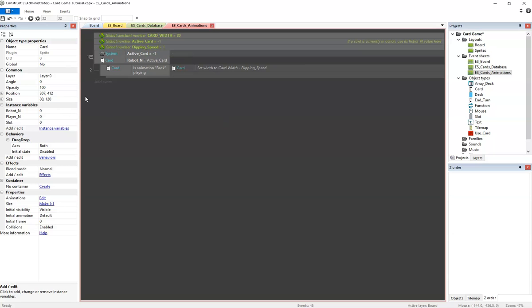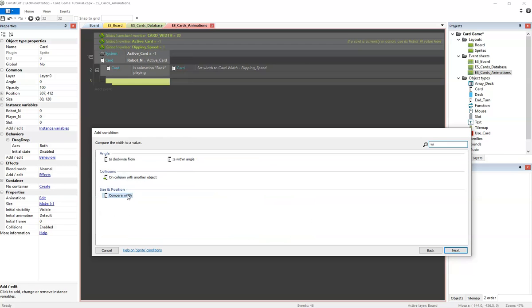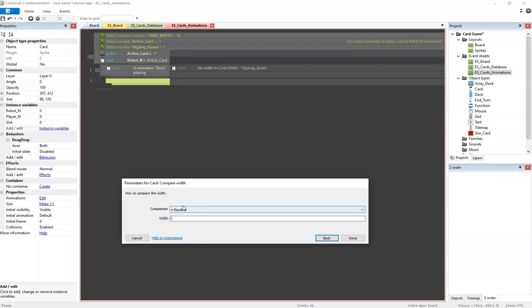But at one point we need to stop this because the card will become negative, and when an image becomes negative, it basically mirrors the image the other way around, and also it will keep expanding forever in the negative way. So we need to add another sub event and say if the card compare width, compare width is less than or equal to 0,